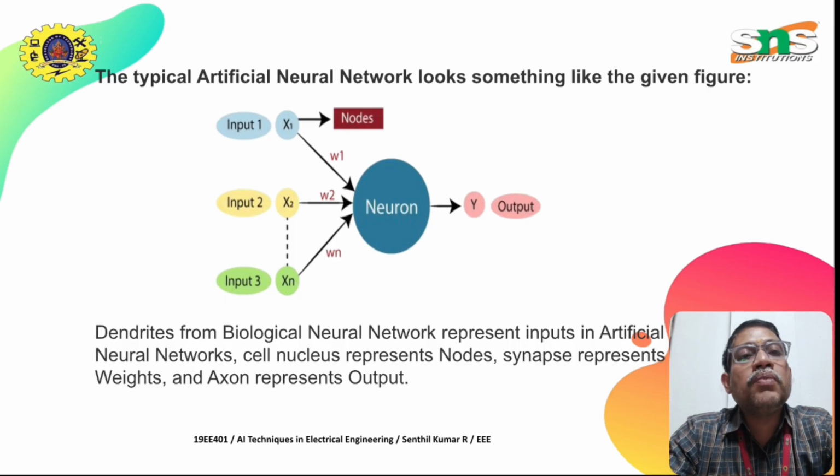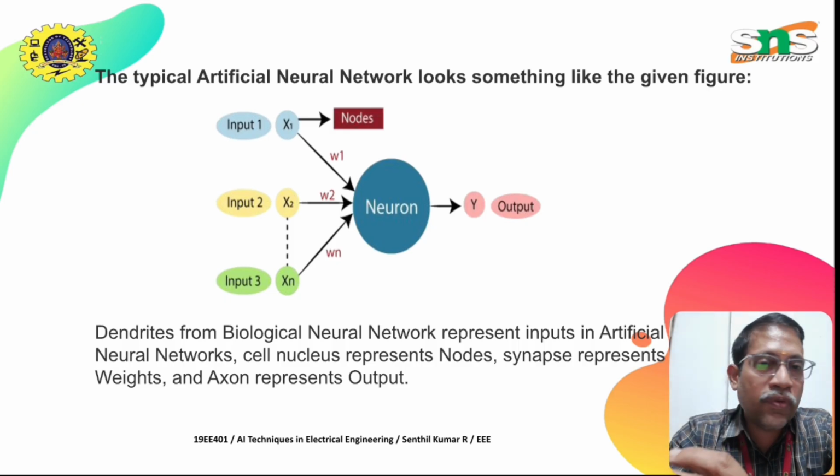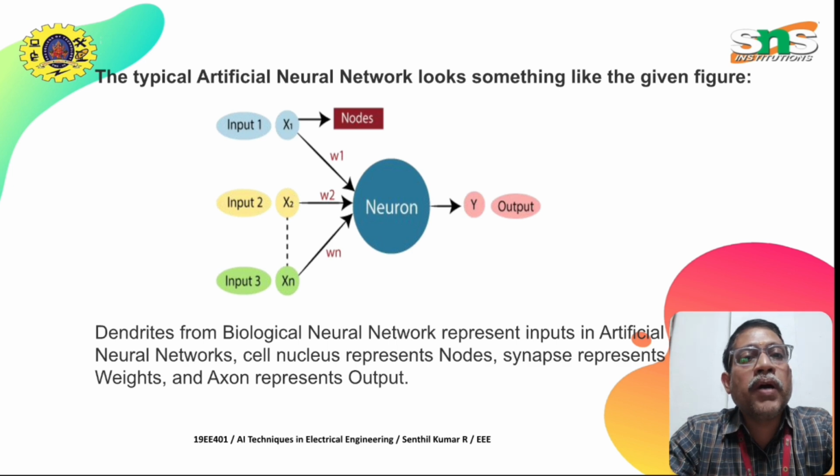The inputs, which are blue, yellow, and red, or any color, and there may be n number of inputs, are the dendrites. The nodes, the neurons, are the cell body, also called the soma,